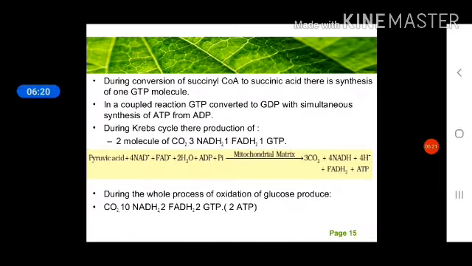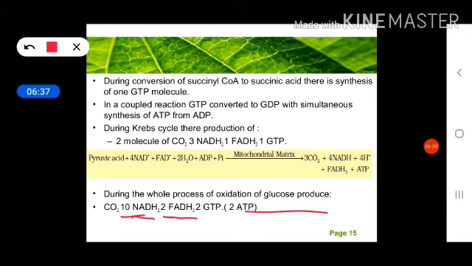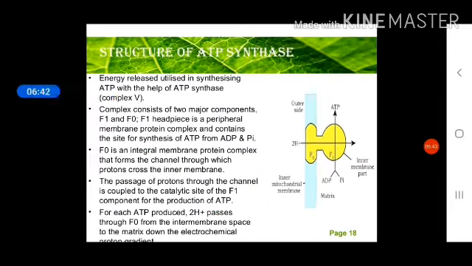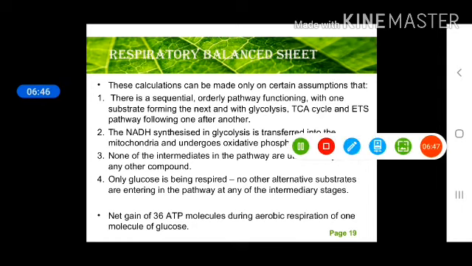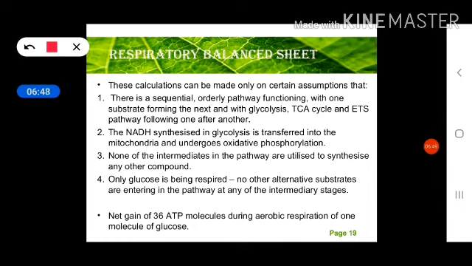Okay, in most cells we get 38 ATP, but in some cells we get a total of 36 ATP molecules. How? Where are the 2 ATP molecules? If you remember, out of these 10 NADH2, 2 NADH2 were produced in the cytoplasm during glycolysis, and according to respiratory balance sheet assumptions, the NADH2 synthesized in glycolysis in the cytoplasm should transfer into the